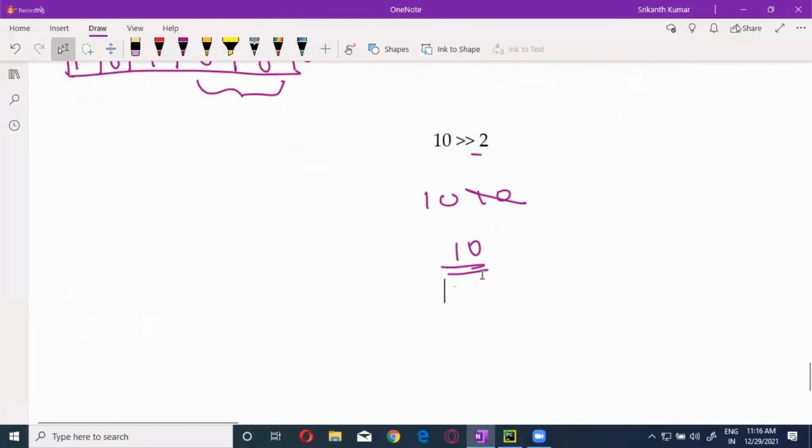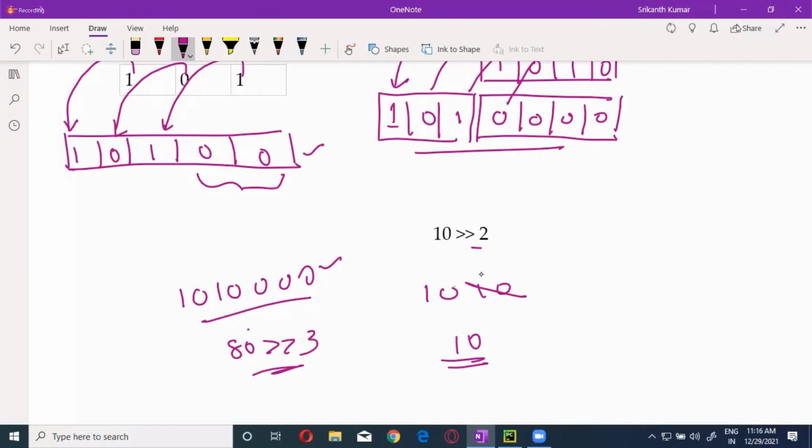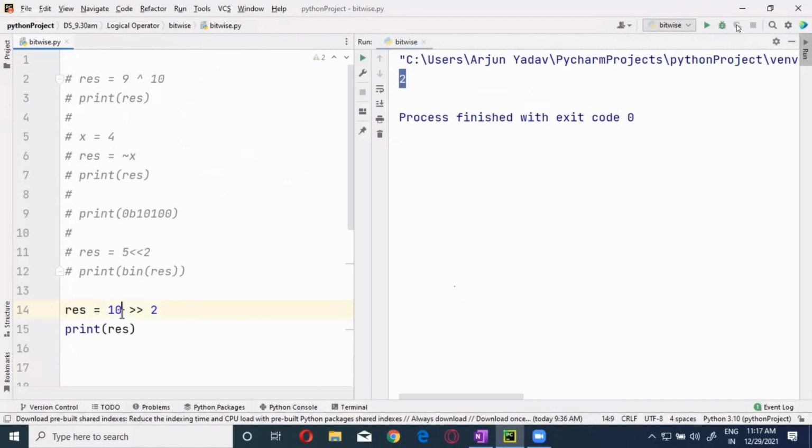The same way, now if you take any number, the same thing happens, guys. If you take a bigger number, we have a number, right? Just now we did it over here, this one. 101000. This one is what? 80. The 80 right shift 3 places. So how much you are going to get? These 3 are cut off. So how much is left out? 10. 10 will be coming up. That is 1010 is 10. The same thing you will be getting over here. 80 right shift 3. And you should get 10 over here.